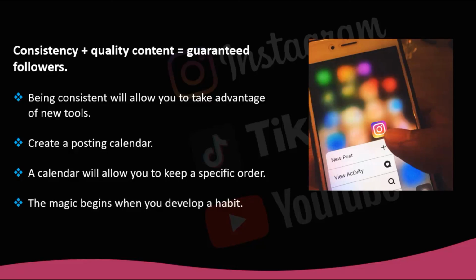The magic begins when you develop a habit. Then everything else is easier to do. If you can discipline yourself to be consistent, you can sit down and spend time on a project whenever you need to, even if you have little time. Discipline is key to making this act mechanical and easy to flow. In other words, constancy generates constancy.